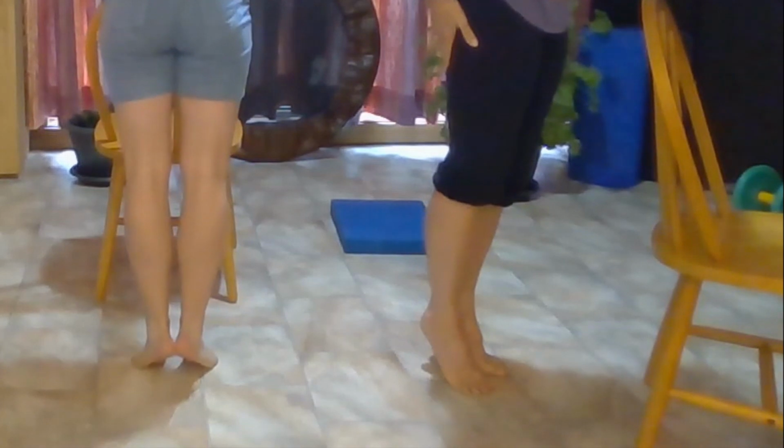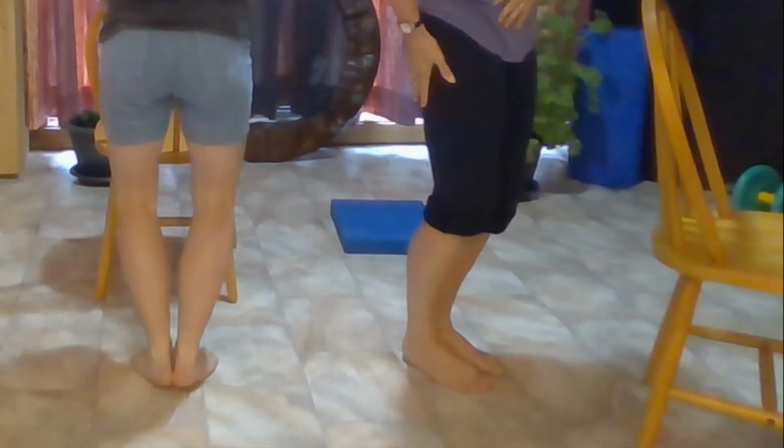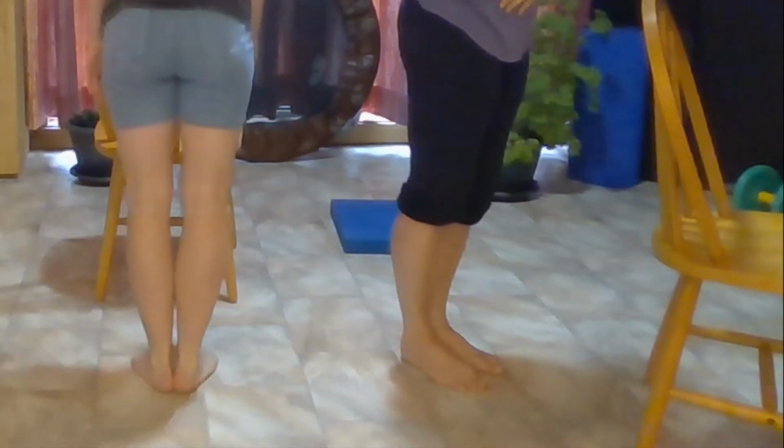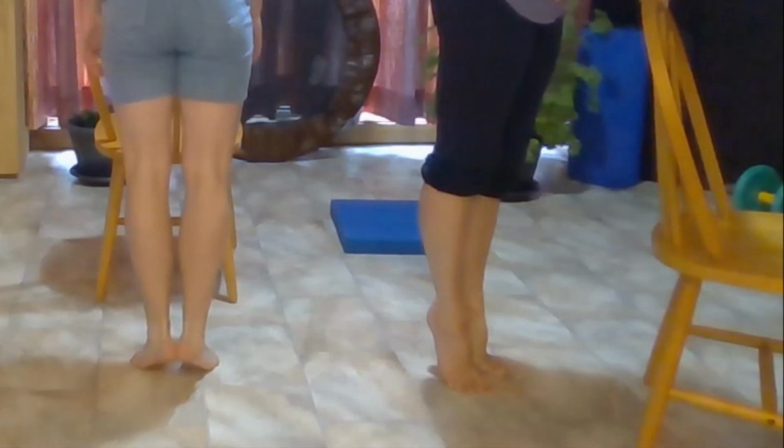And rise, up you go. If you can do it without holding on, do. And lower and plie and straighten. Three more. Rise and lower, plie and straighten. Check that you've got your heels together, squeeze them together hard, stomach pulled right in, knees straight,